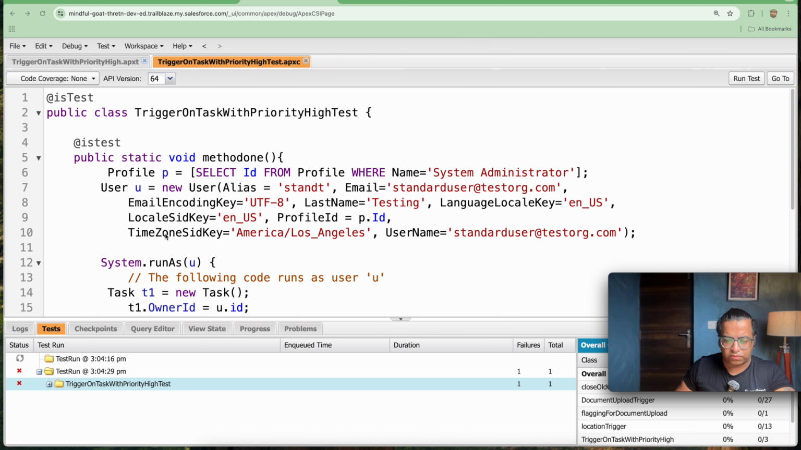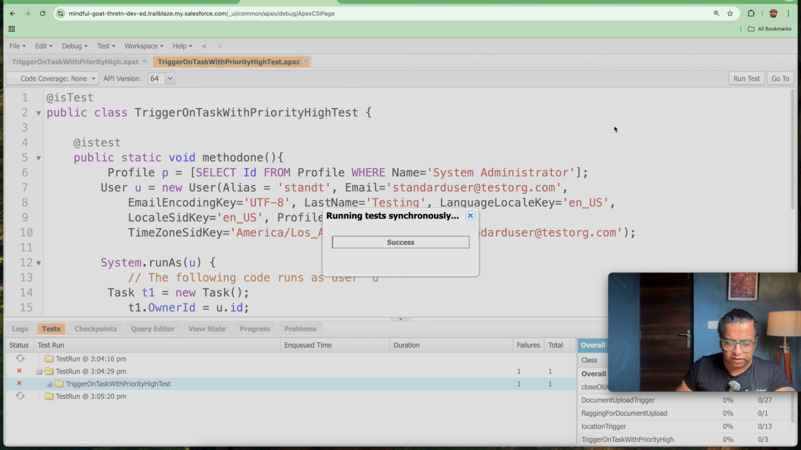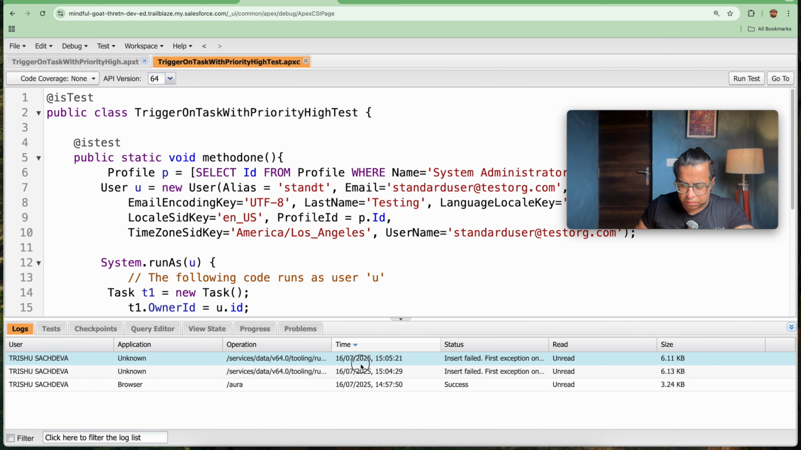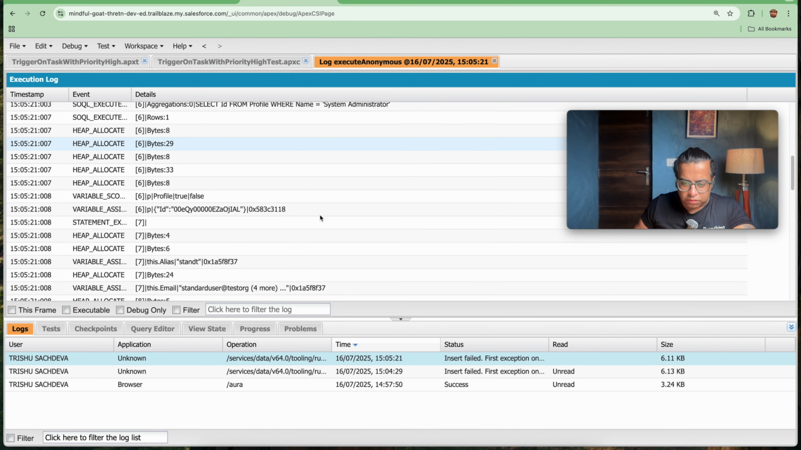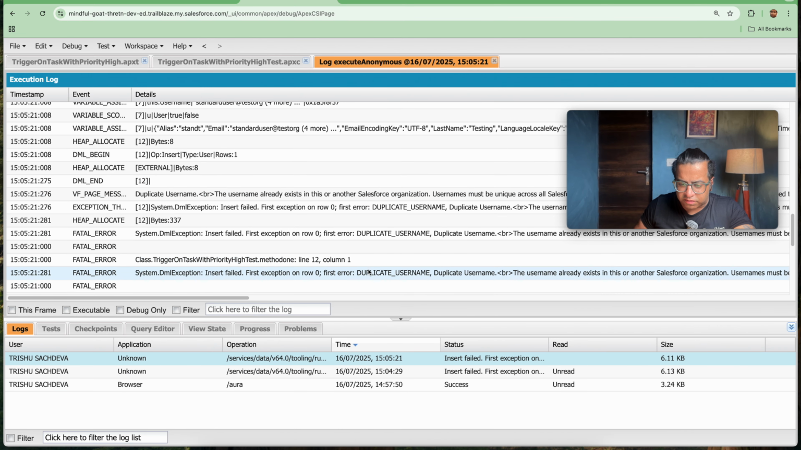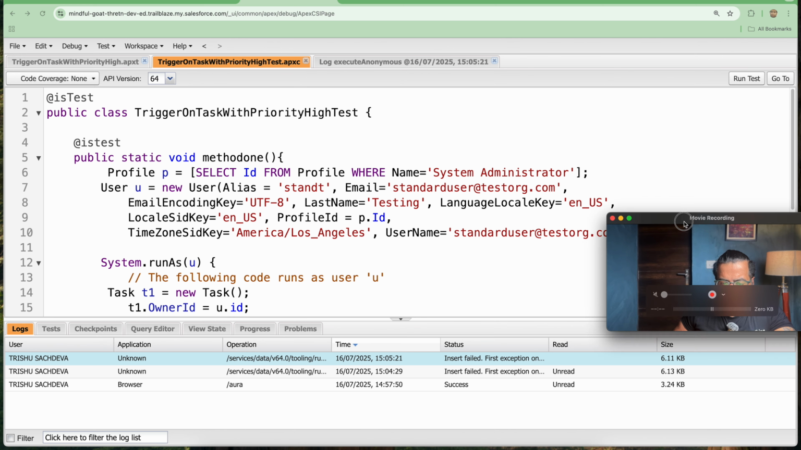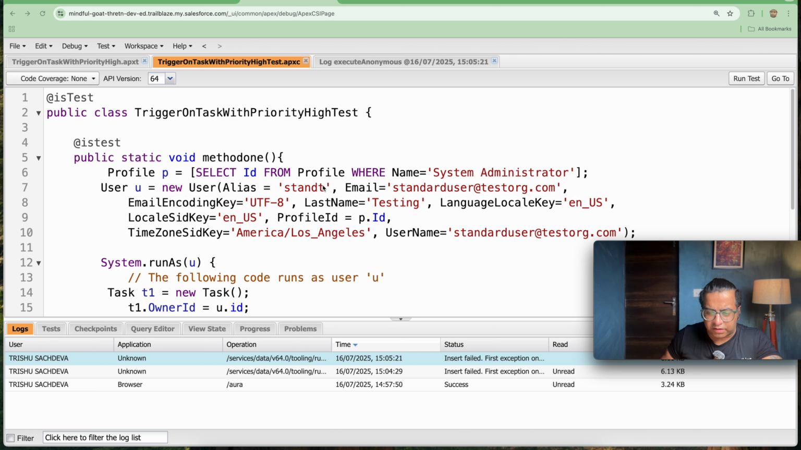Now I'm running the test again. This is failing again. We got an error, that is duplicate username. The username already exists. So let's change the username, that is alias equal to, I haven't added a name field. So name equal to